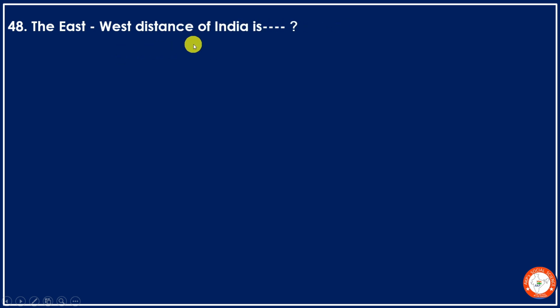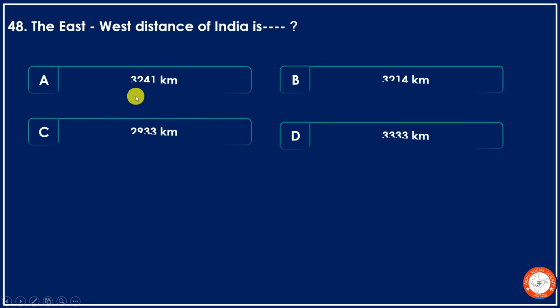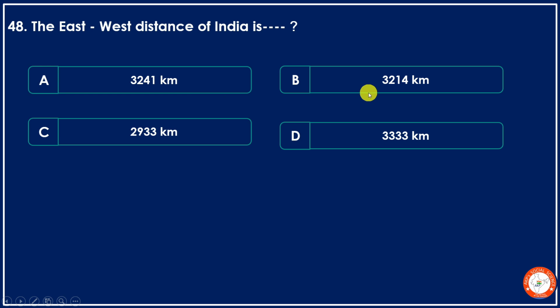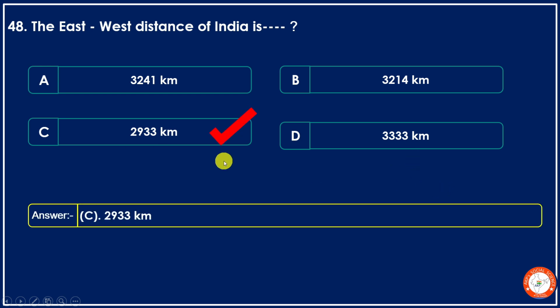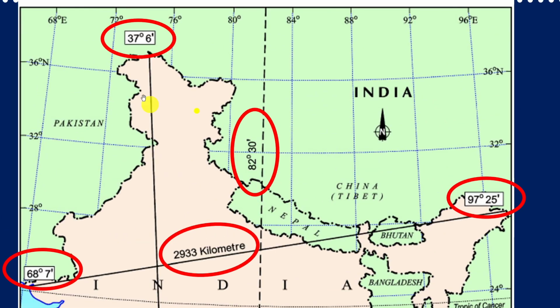The east-west distance of India is 3,241 kilometers, 3,214 kilometers, 2,933 kilometers, 3,333 kilometers. The right answer is 2,933 kilometers. Now see here, the northernmost latitude of India is 37 degree 6 minutes north,